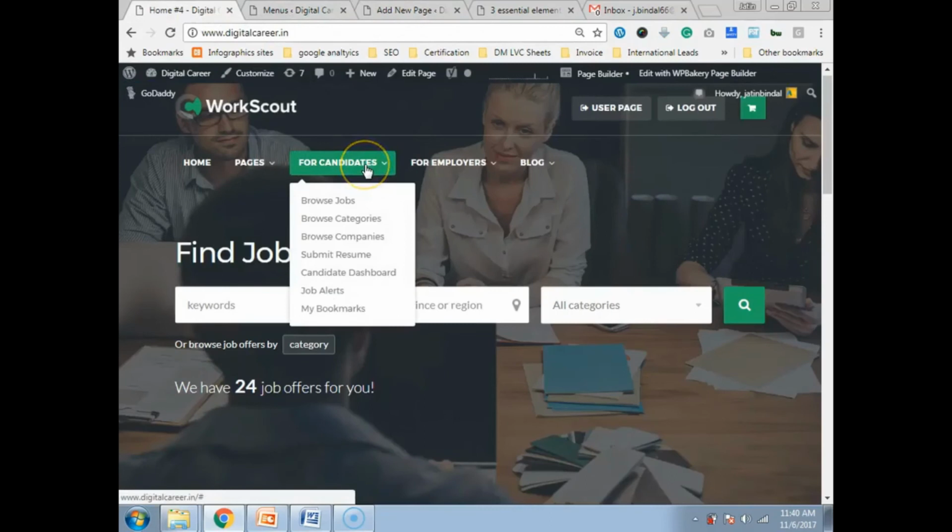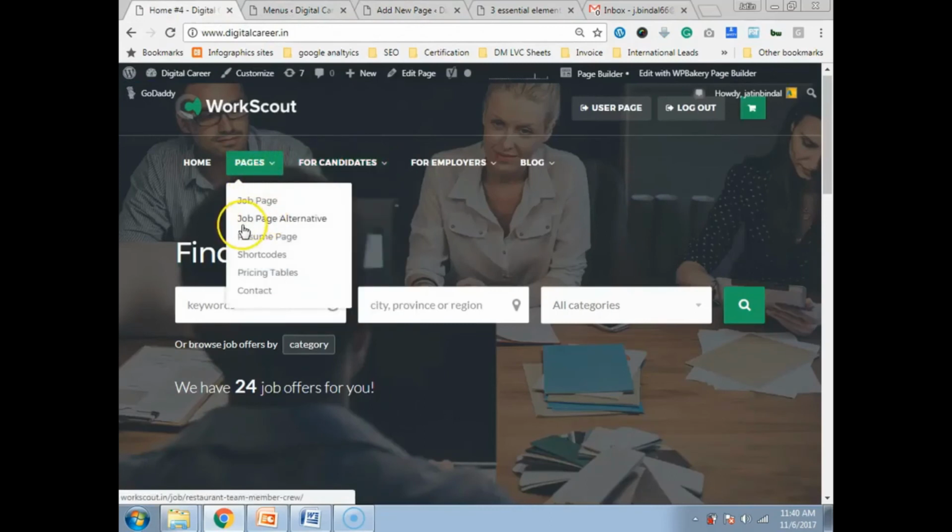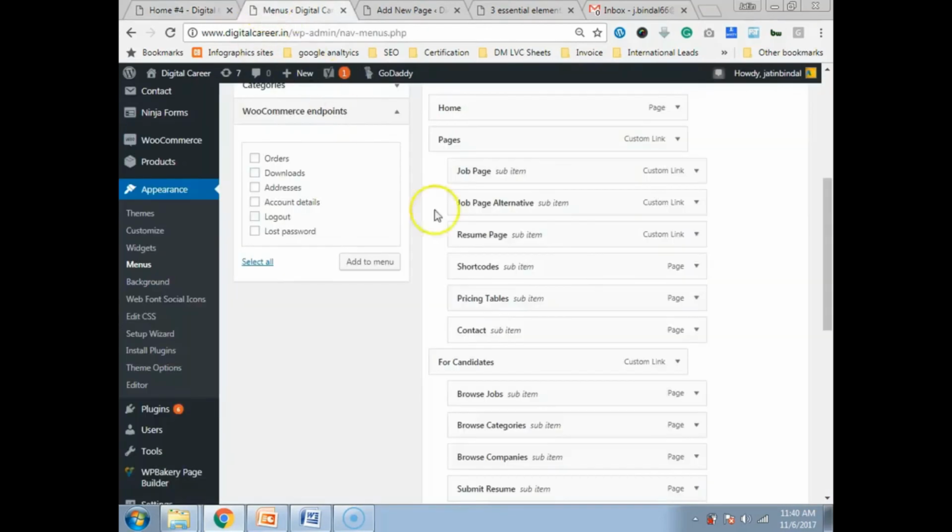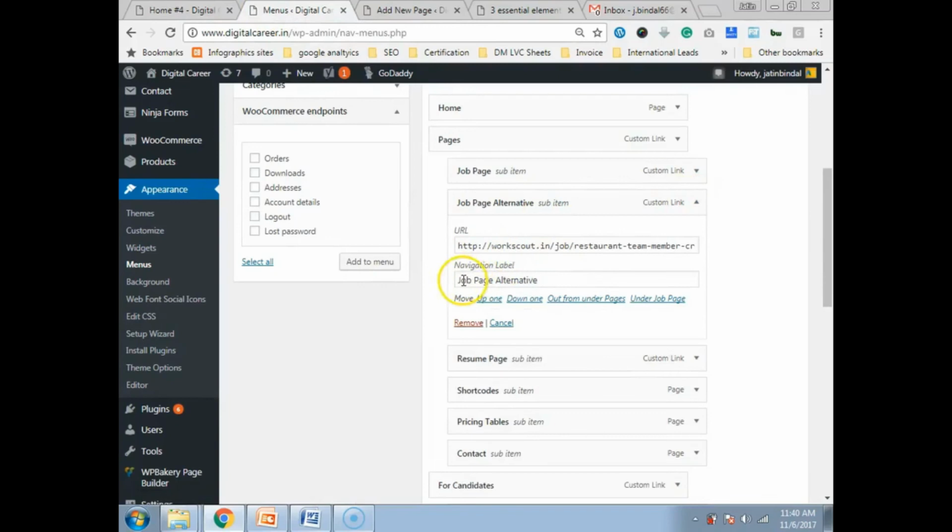One more thing which is very important to be learned here. If you look at job page alternative, it sounds very big, and you do not want to display this content. Although your page name is job page alternative, you do not want to display this title. You can change this title by clicking on this and then changing the navigation label. That's all you have to do. Like if I make it job page 2